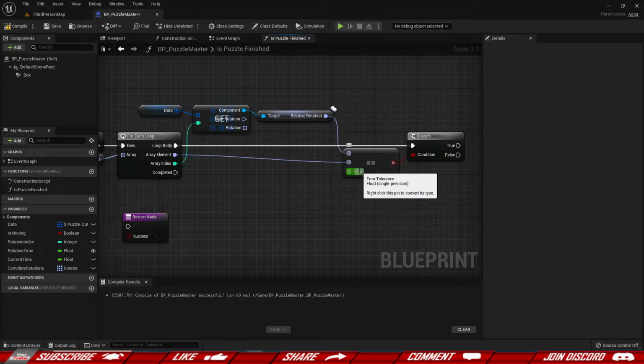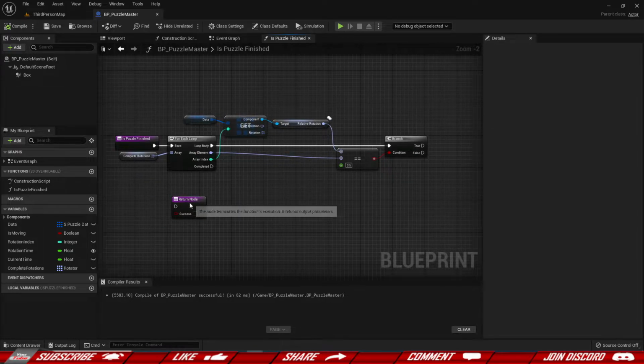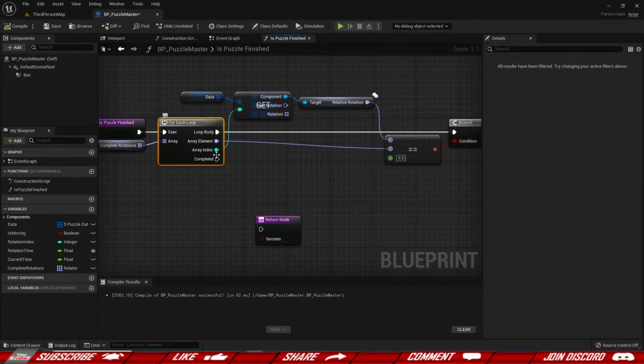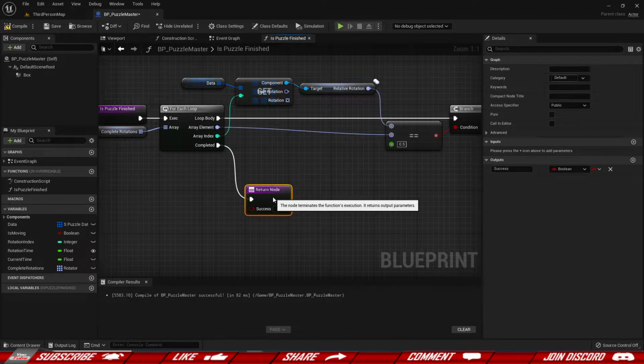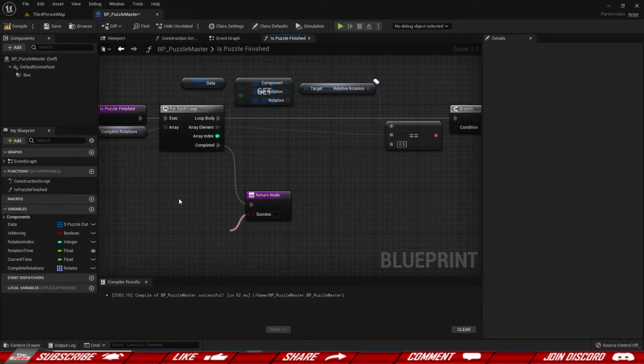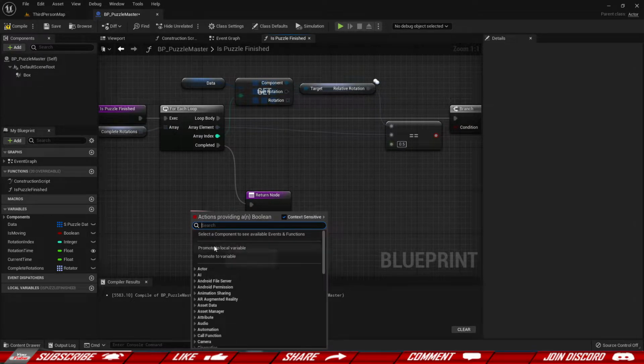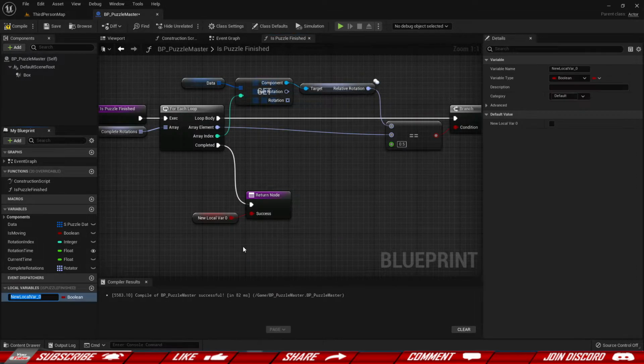Now we need to give this a little bit of an error tolerance. So I'm going to give this like 0.5 in my case, should do the trick. Okay, so then once the puzzle has been completed, we want to go ahead and, well, the check has been completed, we want to return. And we need to create this Boolean variable. So I'm going to drag from the outputs and I'm going to promote to a local variable, and I'm going to call this